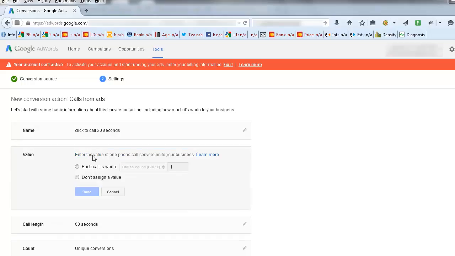We want to enter how much each call is worth. Now this is entirely up to you. You have to decide how much a telephone call is worth to you. You could do this by figuring out how many calls you have to receive before you actually make a sale. Then you could divide the value of the sale by the number of calls. Or alternatively, you could just not assign a value. This is going to be entirely up to you, and it's going to really depend what you value the call at. So just to keep this video simple, I'm going to add a value, and I'm going to say £20